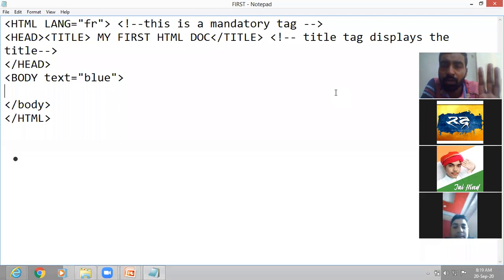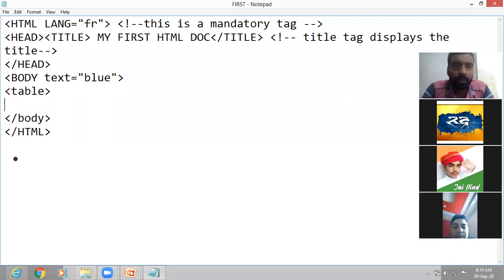As you all know, if we talk about a table, simply you can understand that we are going to show the information in the form of rows and columns. So we write here the table tag. Then if we want the title of the table, we can write the caption tag.